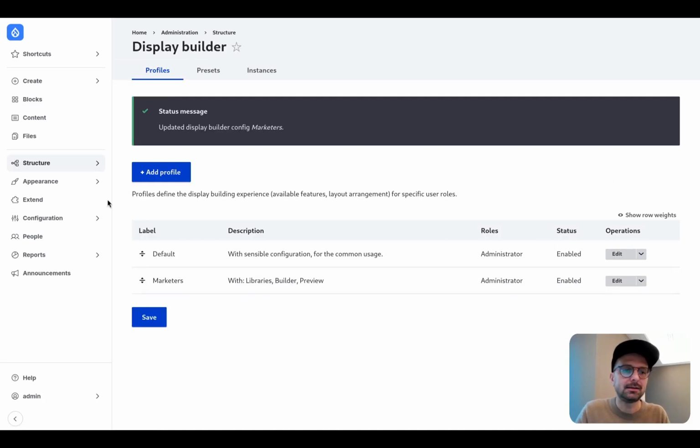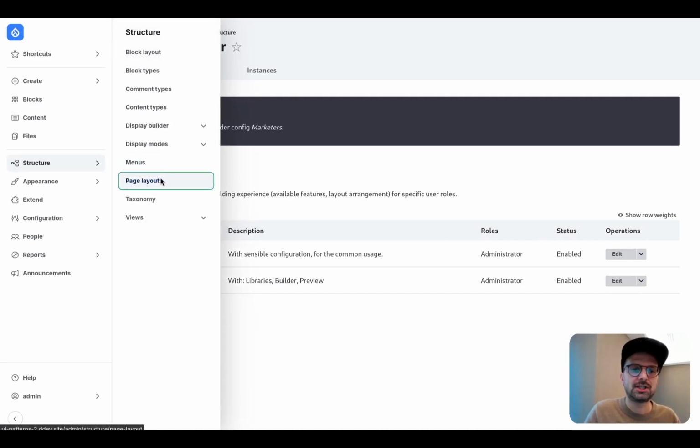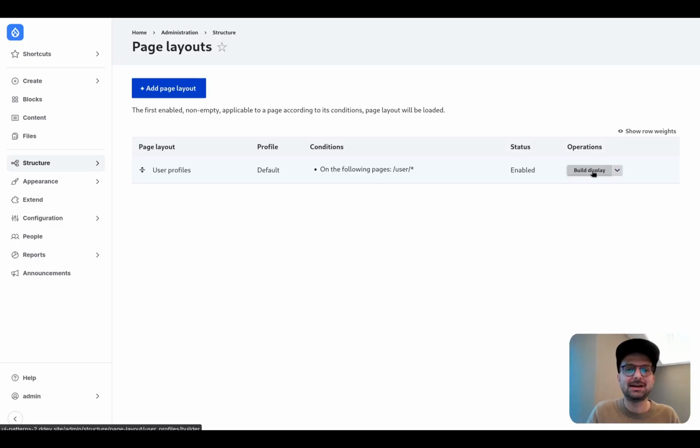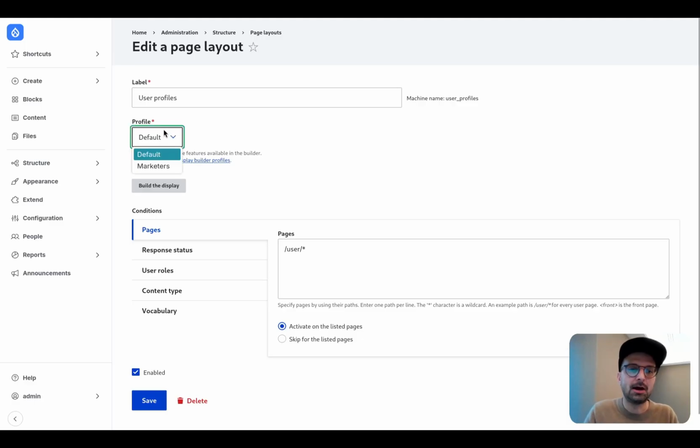If I go back to structure, page layout, I have my page layout and it's open with the default profile. If I edit here, now I have the marketer's profile available.